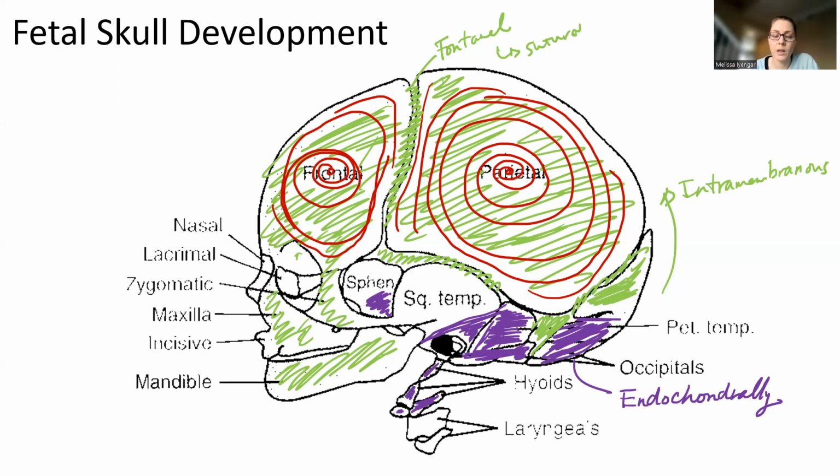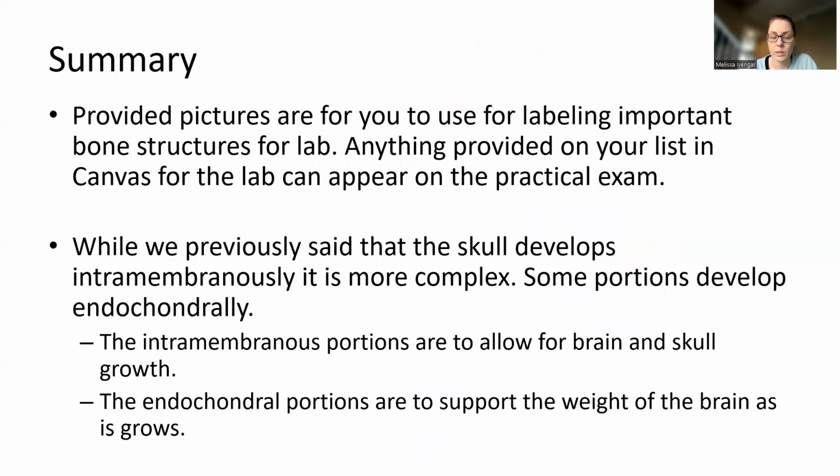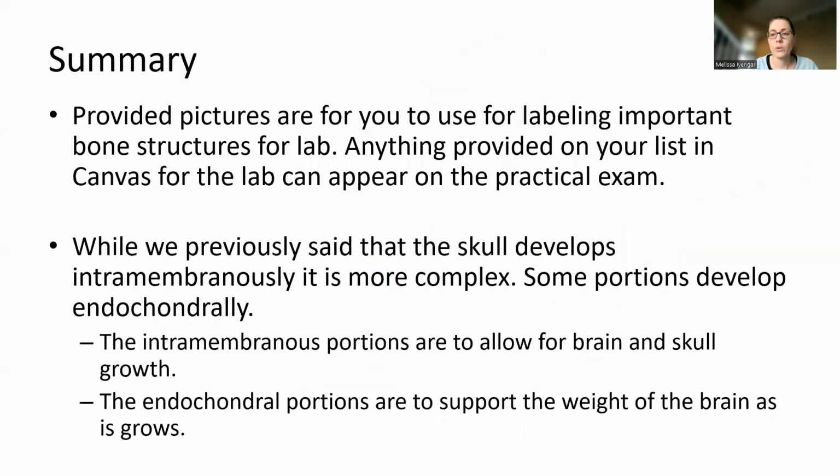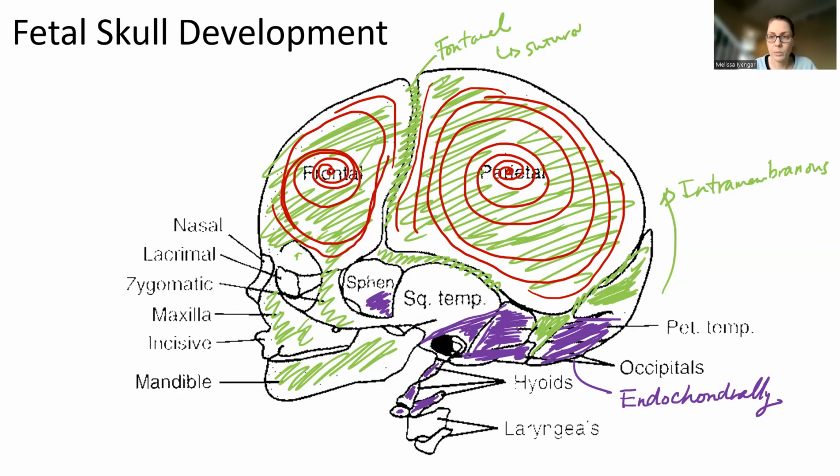Okay. So some of the facial bones are a little more complicated in their development, but I don't think it's important for you guys to necessarily know that. I just wanted you to be able to understand why the skull is intramembranously formed. Why are fontanelles there? What's the purpose of fontanelles? And how those fontanelles end up becoming sutures, which will end up becoming immovable joints. And we want immovable joints so that I can't push on my skull and poke into my brain. Ooh, that would be a really bad